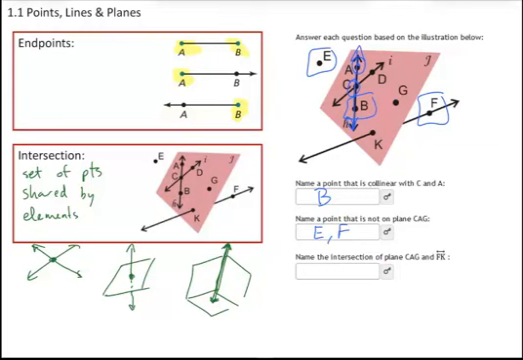And then what's the intersection of plane CAG and line FK? Those intersect at